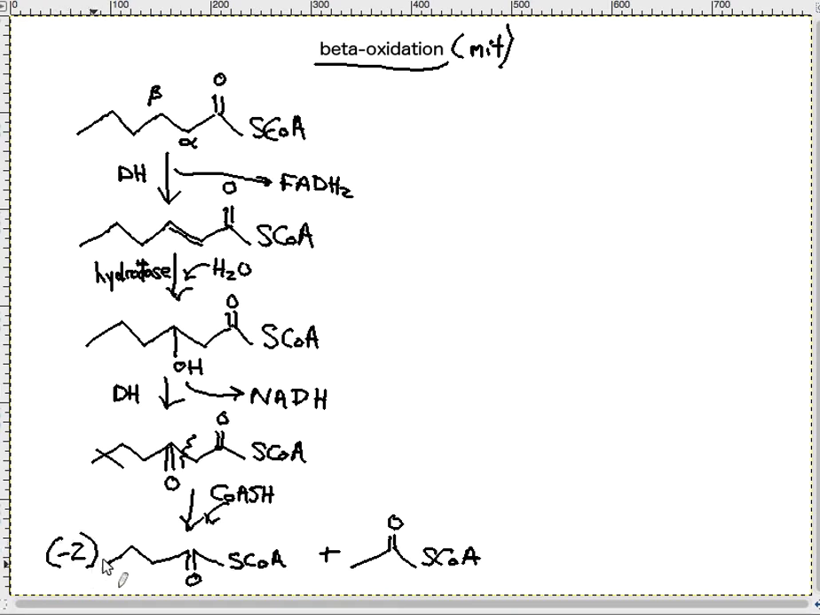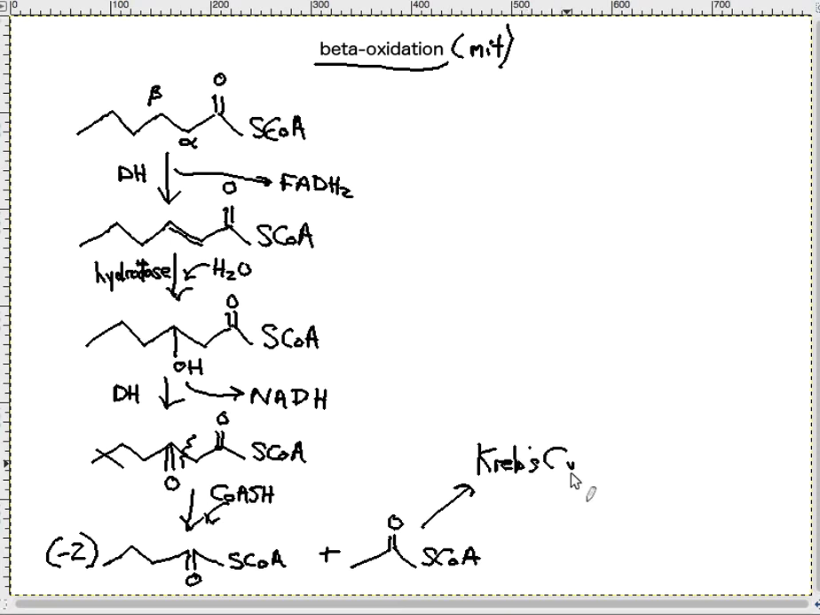Okay, because it's shorter by 2 carbons than what we had originally, right? 1, 2, 3, 4, 5, 6. 1, 2, 3, 4. Okay, where'd those 2 carbons go? Well, they made our 2-carbon acetyl-CoA, which can go